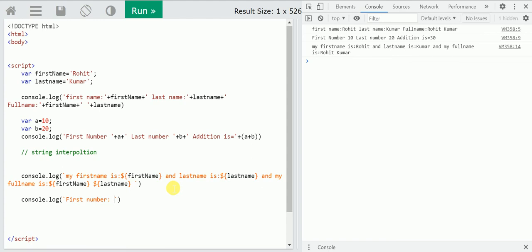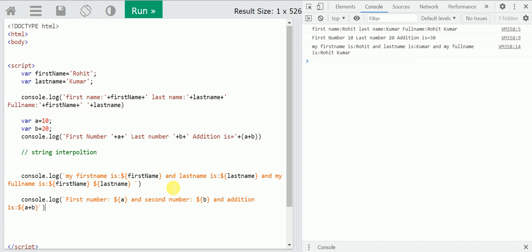Write a dollar sign and a, then the second number, then dollar sign and b, and addition is, you have to write a dollar sign, then brackets, and write the expression a plus b.